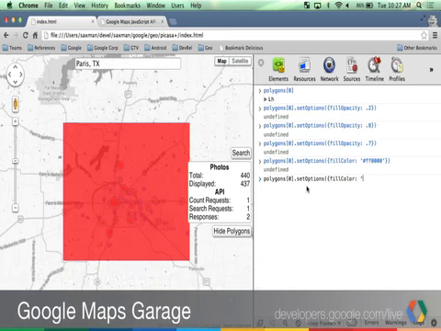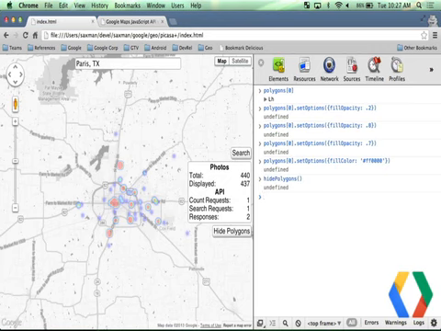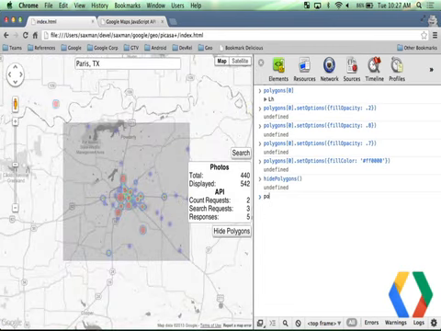You can also do things like, if you want to get rid of it, I put this handy hide polygons method over here. Basically it goes over my array and deletes them all. I could call that from the console and get rid of it. Let's get it back again. Or what I could do here is just say polygon 0 dot set map null. Set map null works the same with polygons, polylines, and